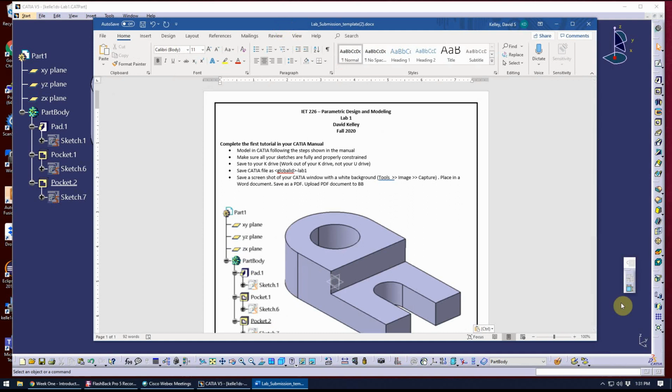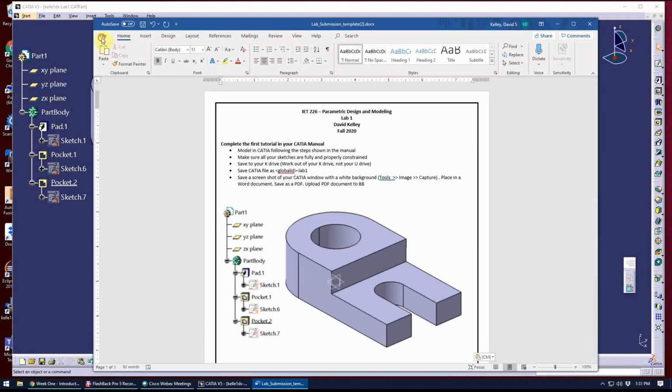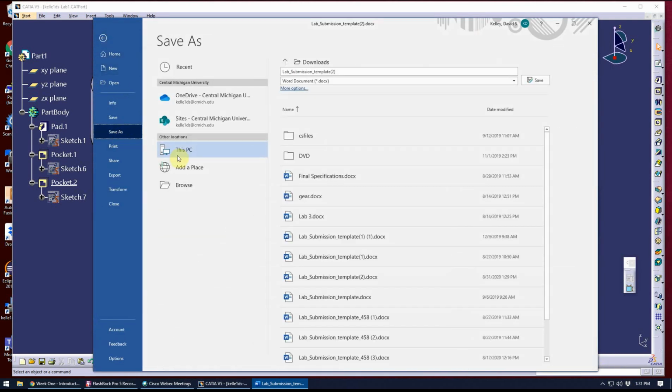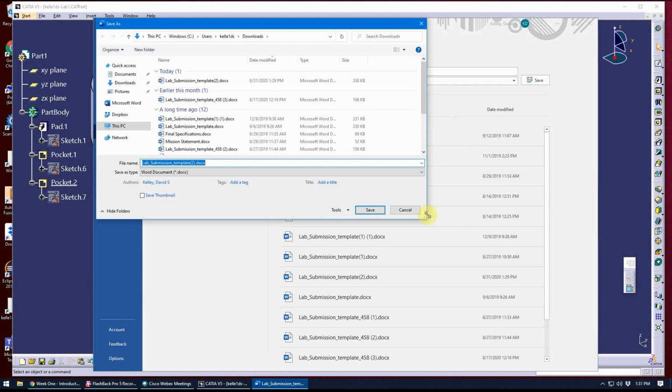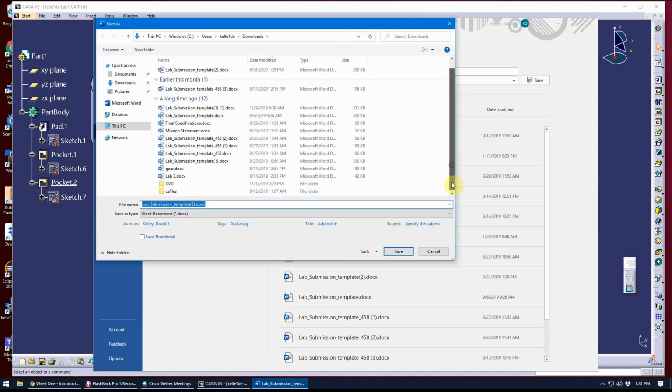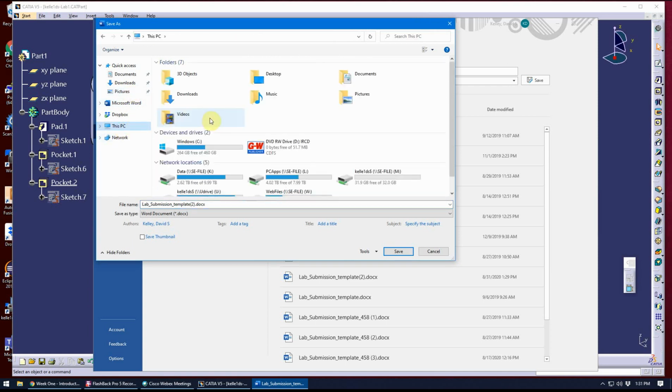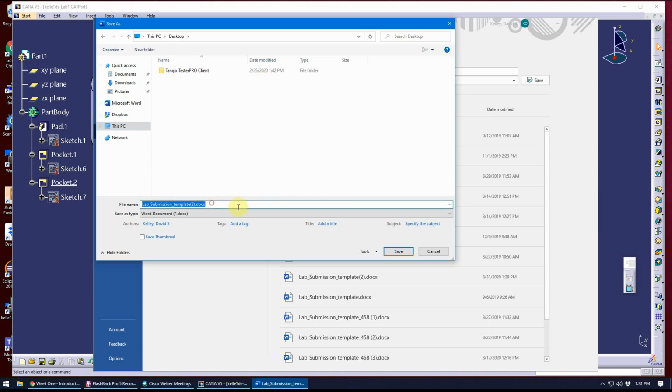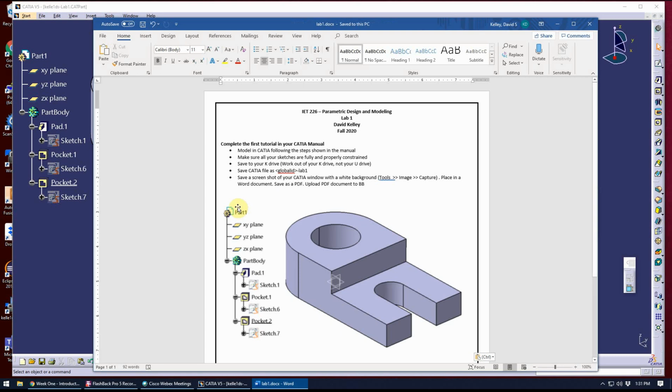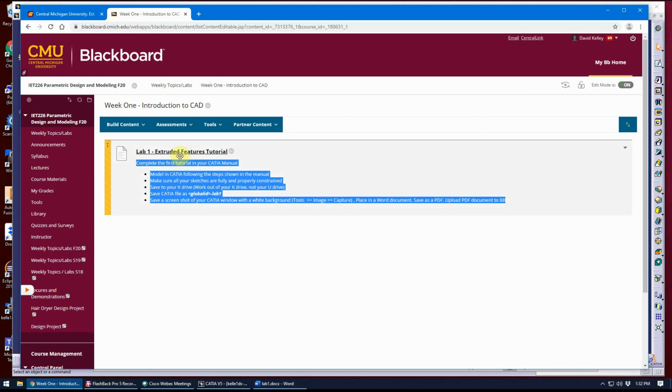So from here, when you get this, you will save it as a PDF. I don't care where you save it. I'm not looking at the PDF outside of Blackboard. This is just something I want inside of Blackboard, so you can save it wherever you want to. In this case, I think I'll just save it to the desktop just for now. So I'll call this Lab 1. Again, I'm not going to look at the actual PDF document. I don't care what you name it, other than in Blackboard, so I don't really care what you name it. So once you get it, save it as a PDF, come here, click off,